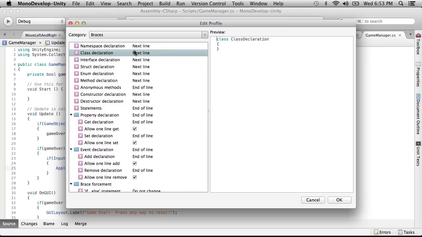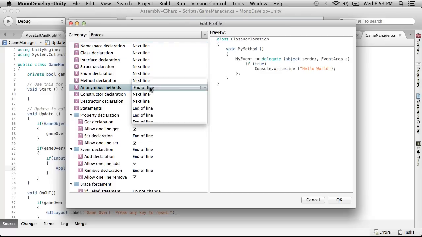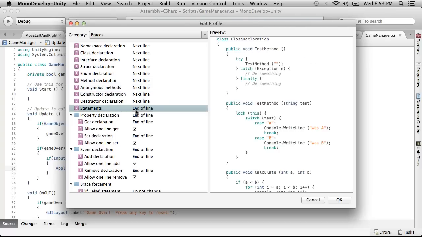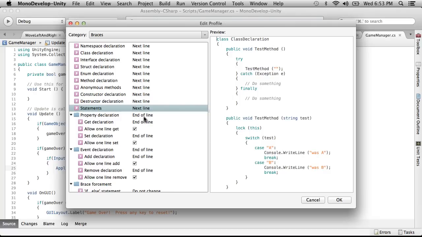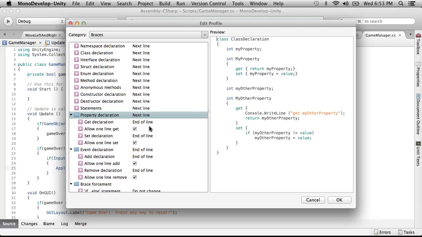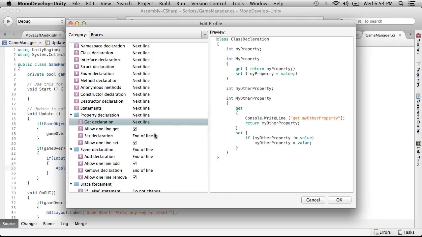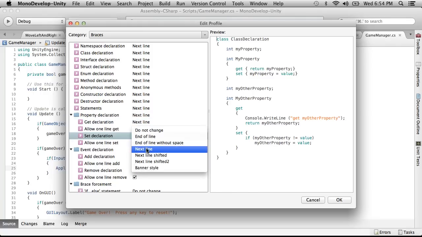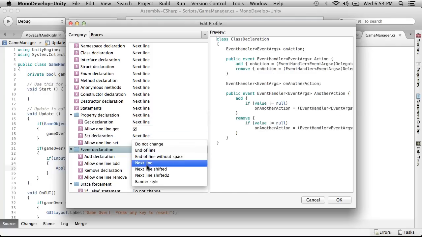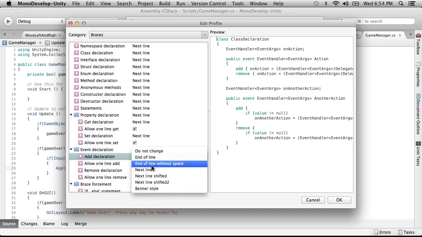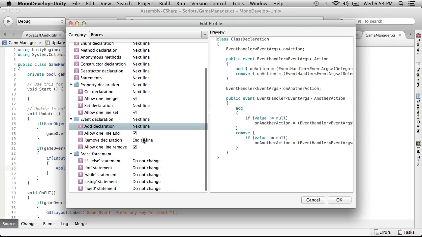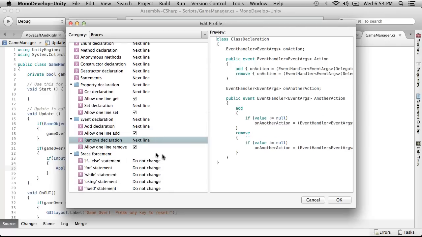Namespace declaration, next line. Anonymous methods, next line. Statements, next line. I basically always want next line. Next line. Next line. Next line. Let's start with this, and then I'll not bother changing other stuff until we